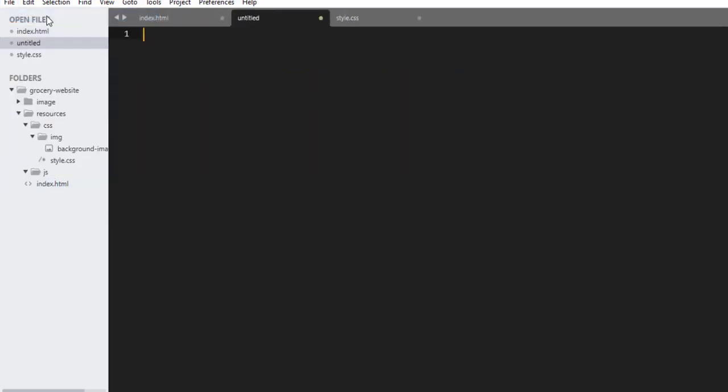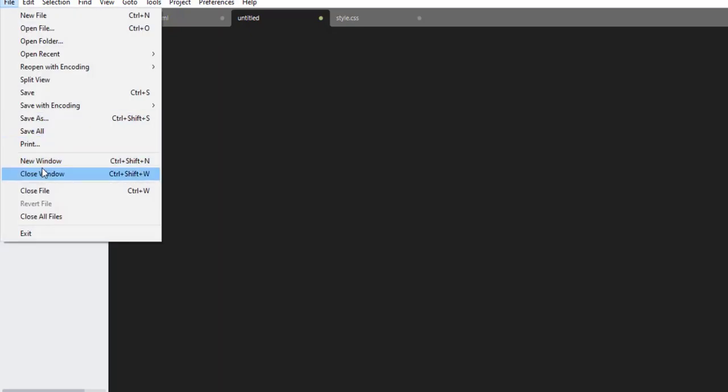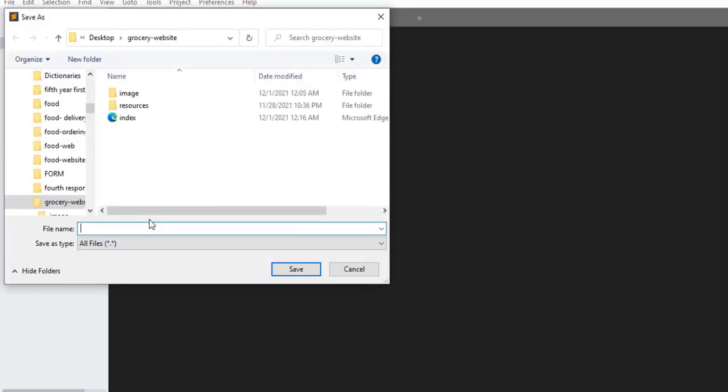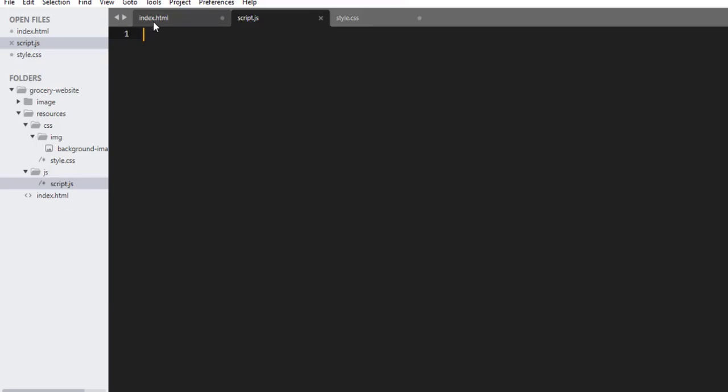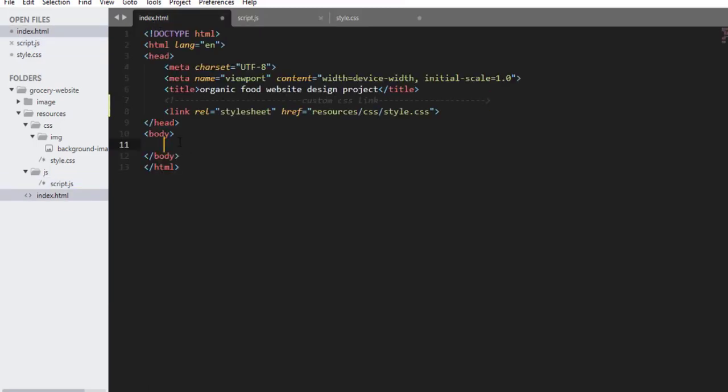Okay, now again, let me create another file. Let's click on save as. And this file is script.js. Save it inside the JS folder right here. And now link this JavaScript document with an HTML document. To do this, we are going to use a script element right here, and a source attribute. The value of the source attribute is